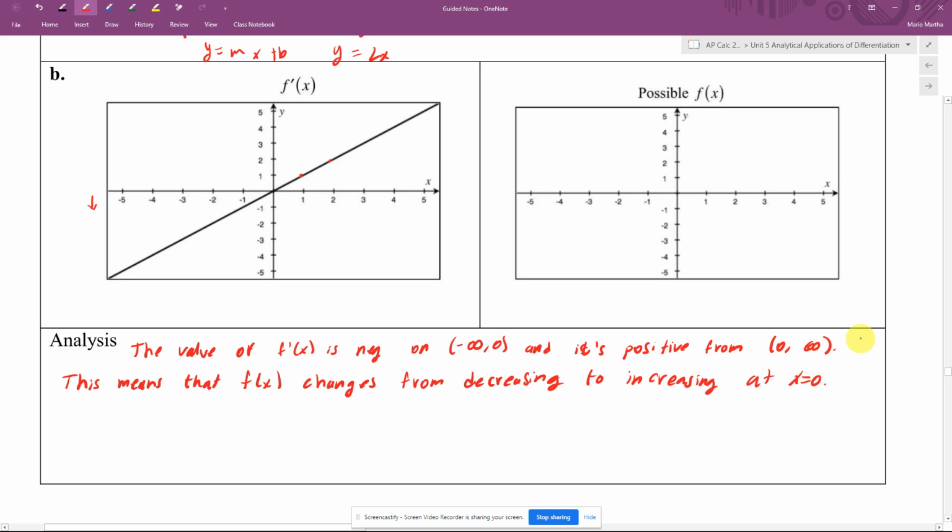And again, this would mean it has a relative extreme at that point, right? So it has a relative minimum actually right there. If it's changing from decreasing to increasing, it has a relative minimum. So now